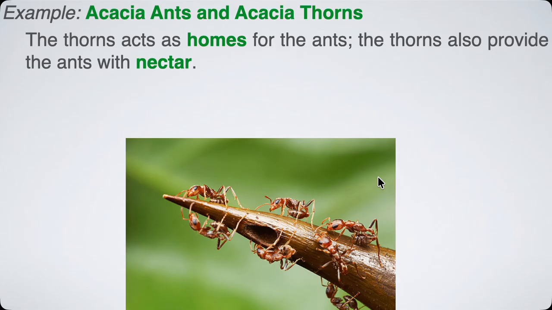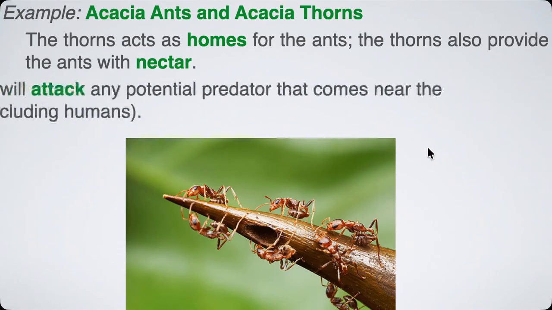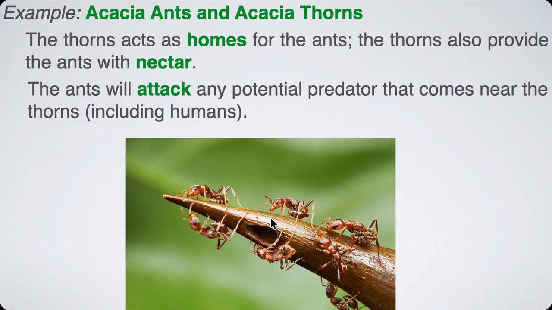You might think to yourself, okay, that's a pretty good adaptation, right? To attract ants. Why would you want these ants? These ants are very aggressive, and so they will attack any potential predator that comes near, because it's their home. In other words, the plant gets a free kind of police service. They get their own little mini army. Next up,